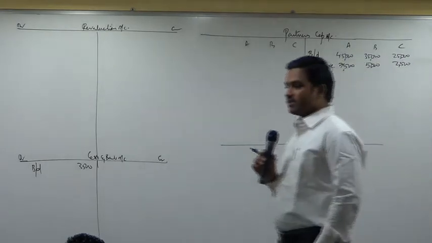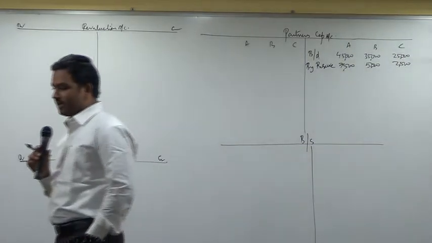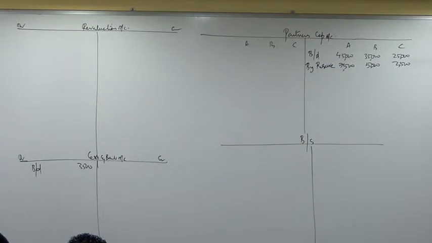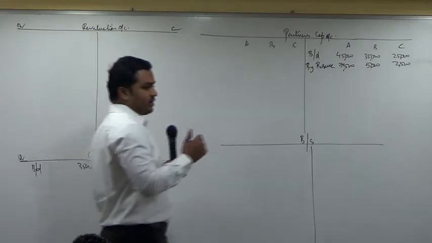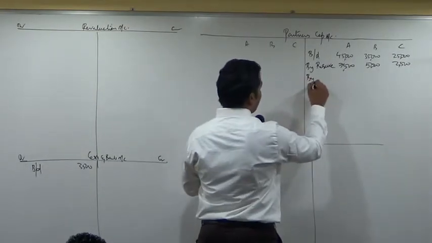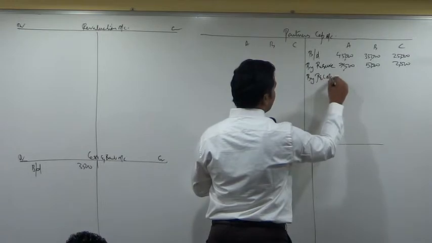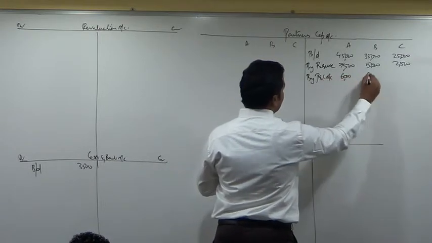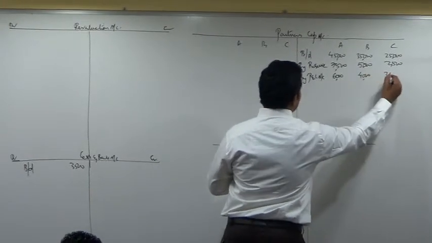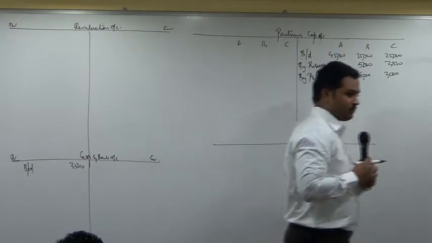Similarly, profit and loss account, you can see some credit balance. How much is there in P&L account? Again, there is a credit balance of 12,000. You have to share it among all the partners in their old profit sharing ratio. P&L account debit to all partners' capital accounts. How much? 6,000, 4,000 and 2,000.